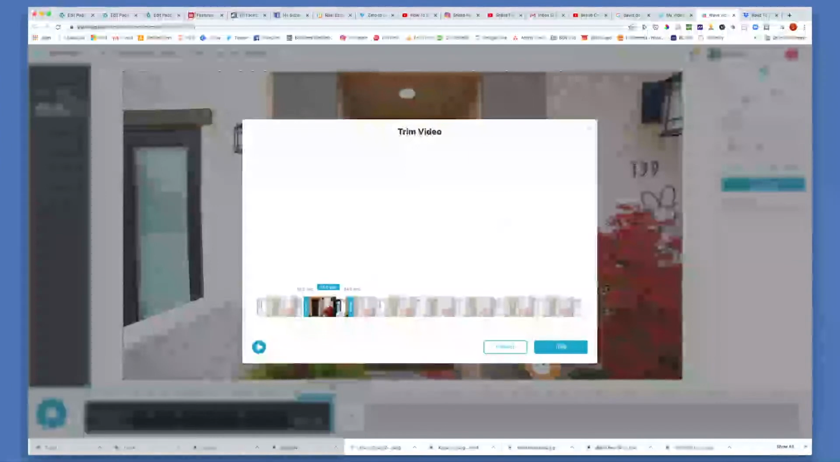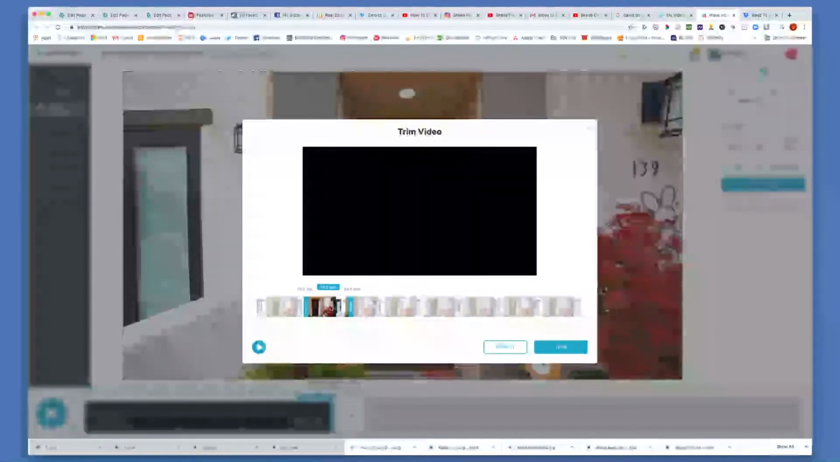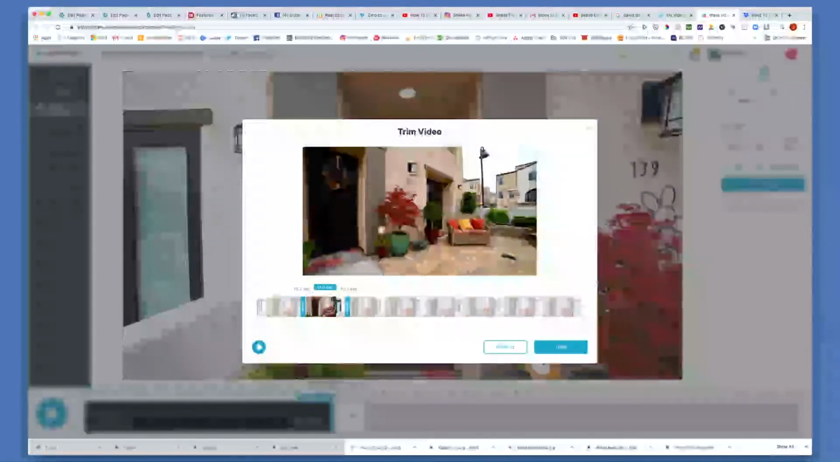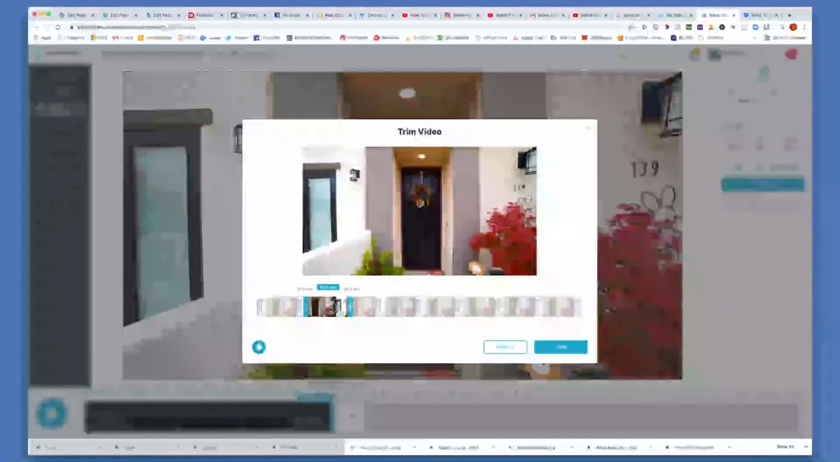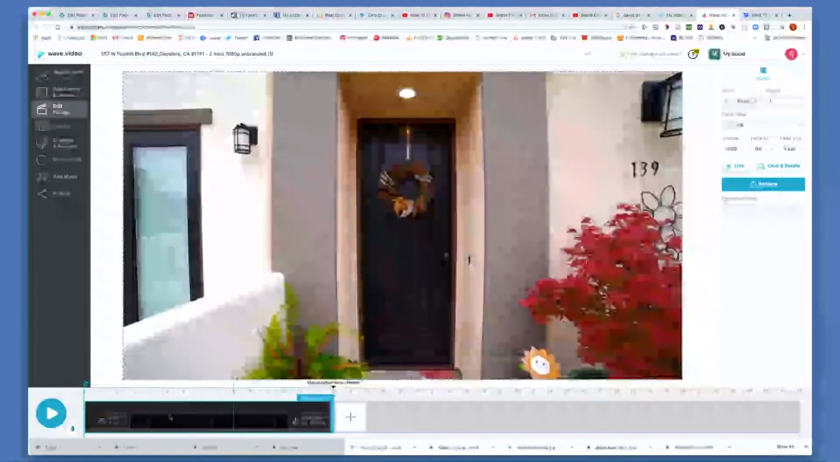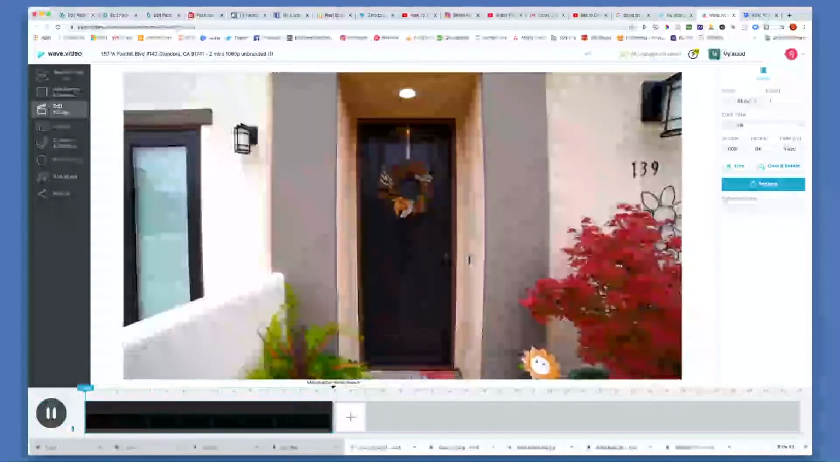You can go in here and trim which part of the video that you want to use simply by sliding this back and forth. So for me, I chose the portion where they are going into the front door right here. And so I just trimmed 15 seconds from the video, and that's what brought me to where we are right now. So as you can see, it plays